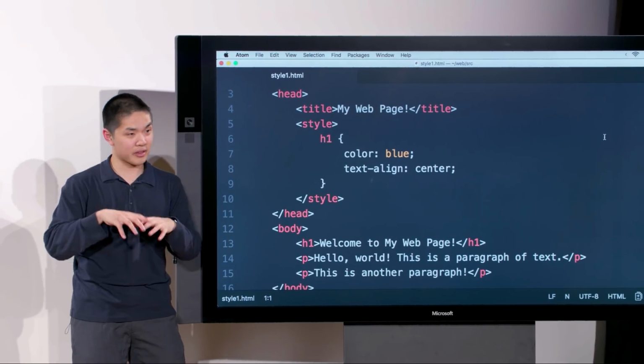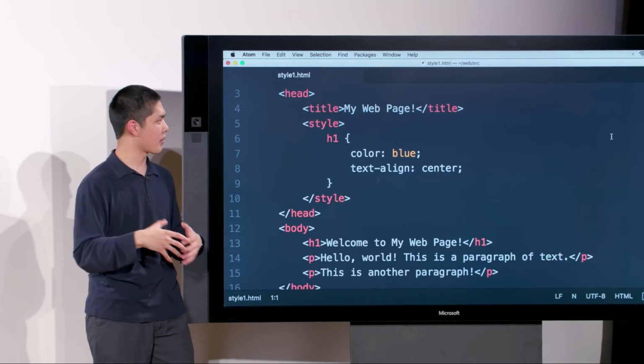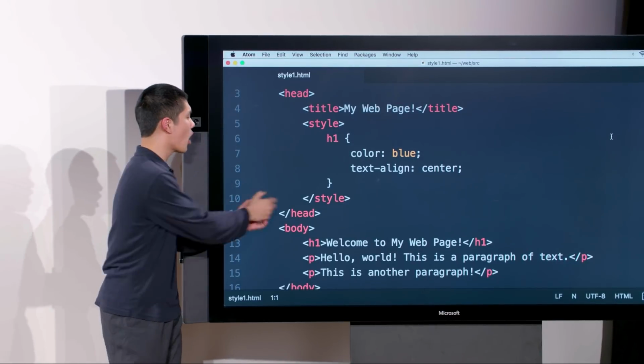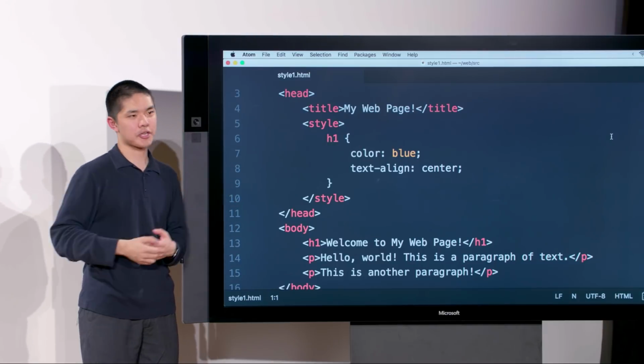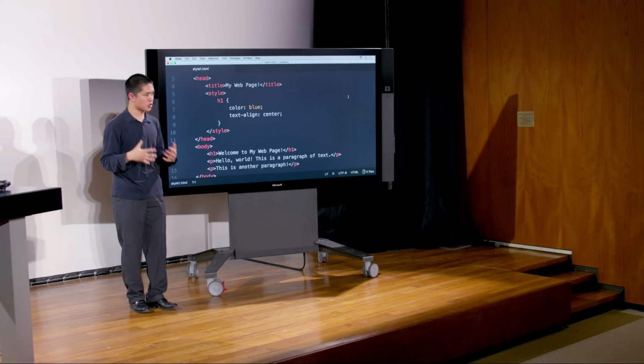And that's why ultimately that page looks exactly the same, because effectively, the browser is doing the same things. We've just moved the CSS styling away from the body of the HTML content of the web page. And this is a paradigm you'll start to see a lot as we begin to approach web development from a